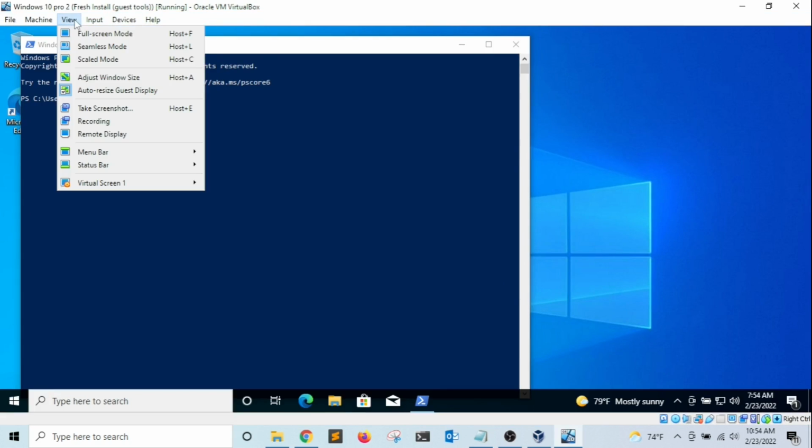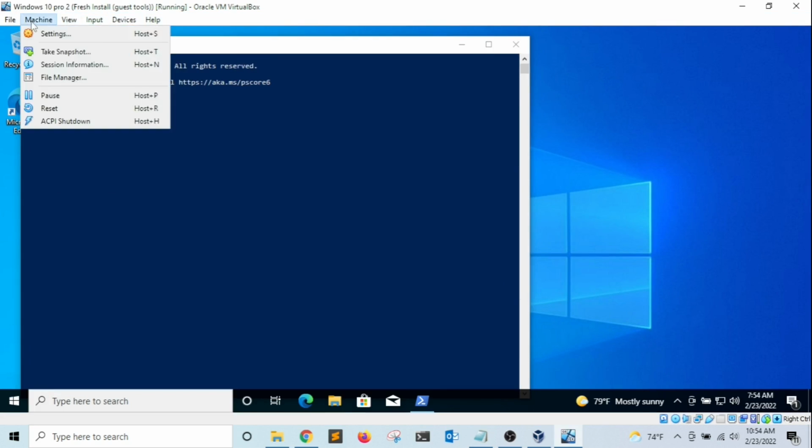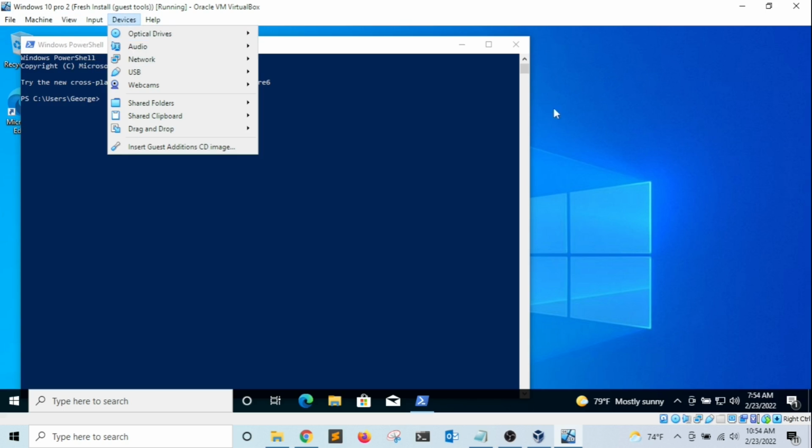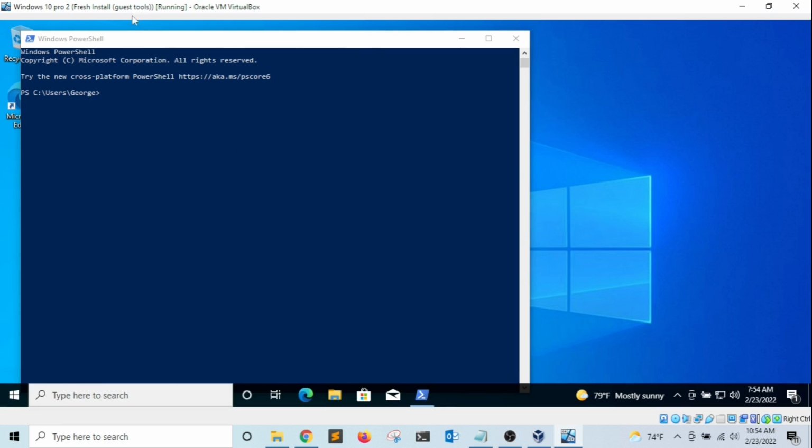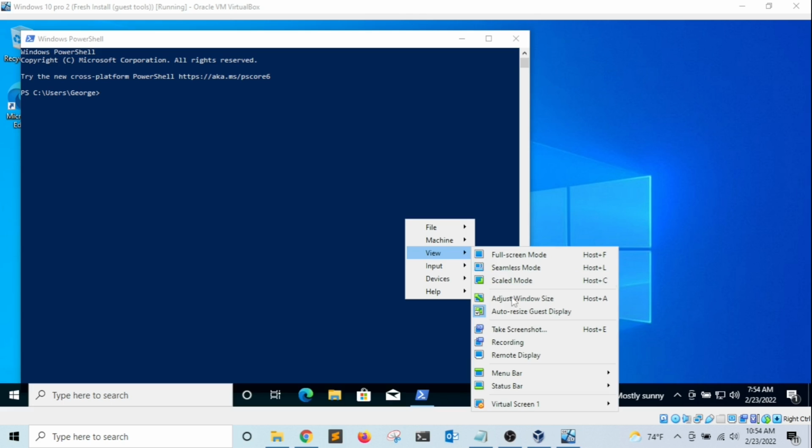Another thing that you can do, you can eliminate the menu bar at the top, so you get more real estate inside your Windows operating system. So if you go to View, Menu Bar, Show Menu Bar, and notice that it's not there anymore. And you can do the same thing. If you do Control Home, you can go to View, and for the status bar,